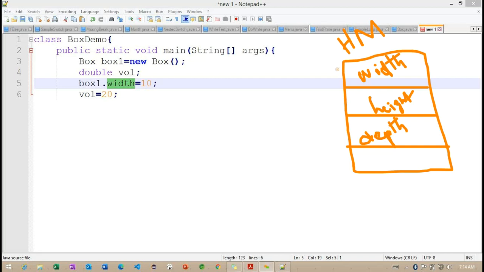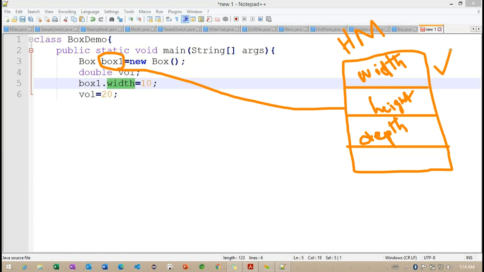This object information is going to be accessed with the help of this reference, box 1. This is important, we need to understand. With the help of this box 1, we are trying to access this variable section.